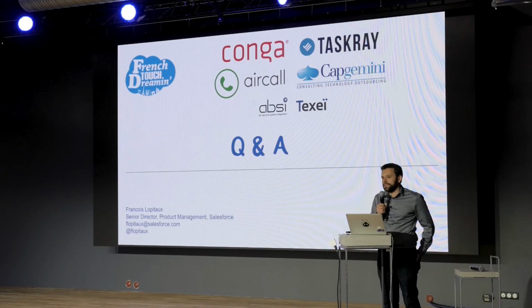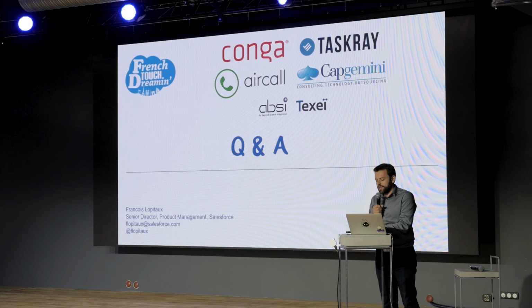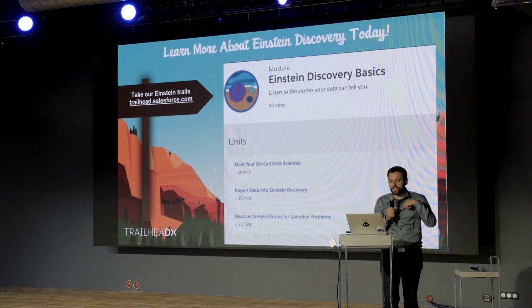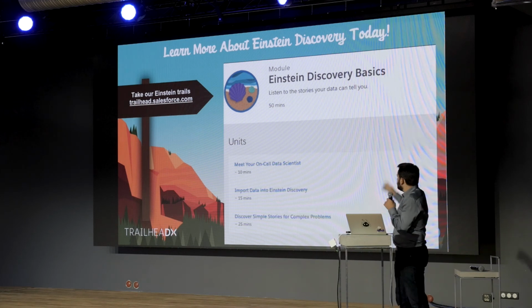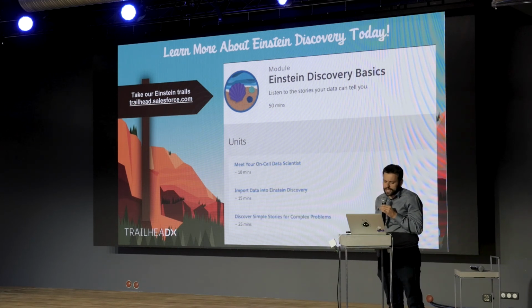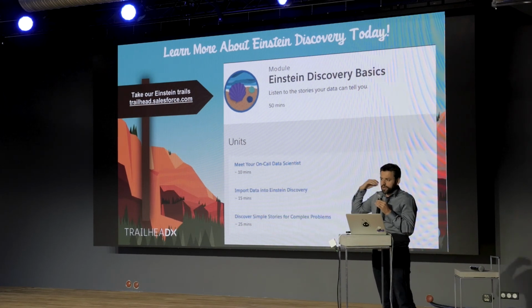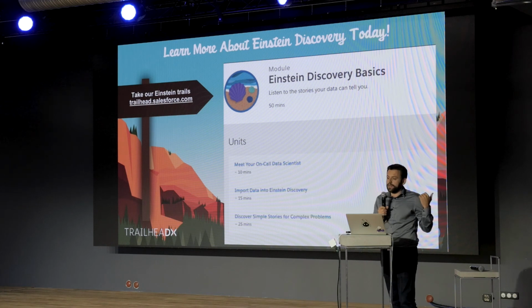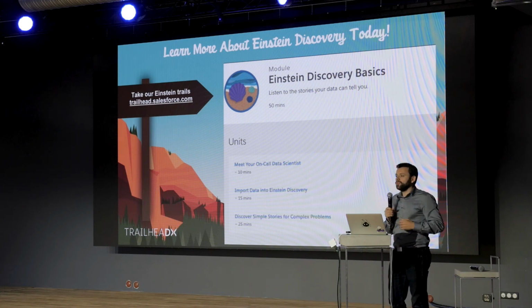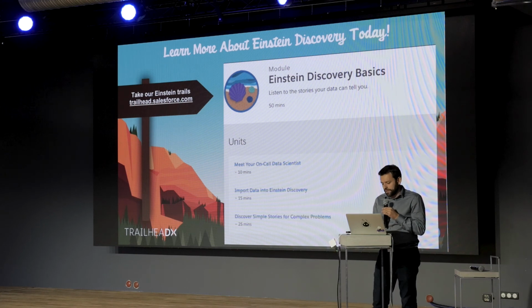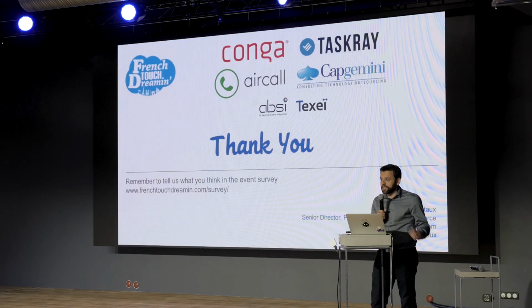Any other question? So, as I mentioned, you can go to Trailhead and search for Einstein Discovery Basic. We have two Trailhead modules that you can follow, where you can create your own story. You can also bring in data from Heroku or Oracle to create a richer story if you want to, and have some fun there. So, thank you very much.